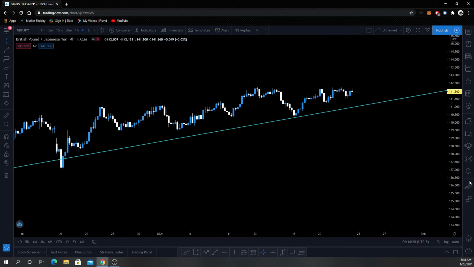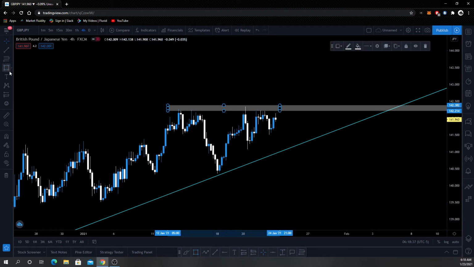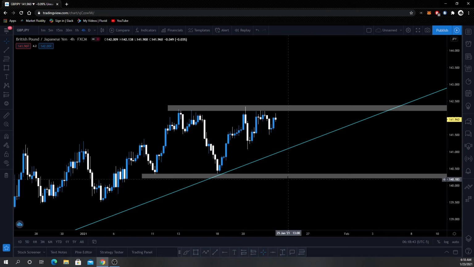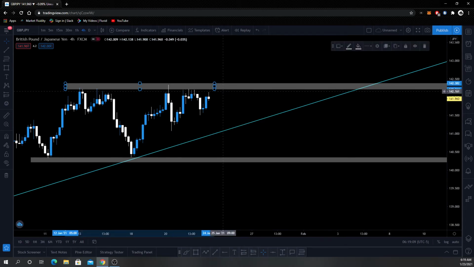We have our support and resistance levels here and here. So this is your 4H and the daily. This is what these two time frames would tell you. The bigger picture, and then you would want to take advantage of this. You'd be like, okay, if I know that on the daily we're going up, and on the 4H that I have a resistance at 142.230, then a support at 140.300, that means in this range, just so you know it's a big range,